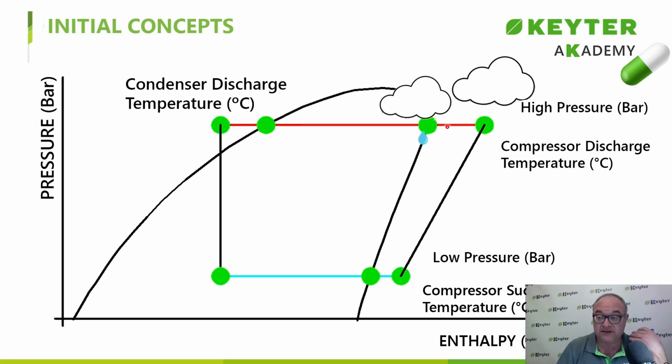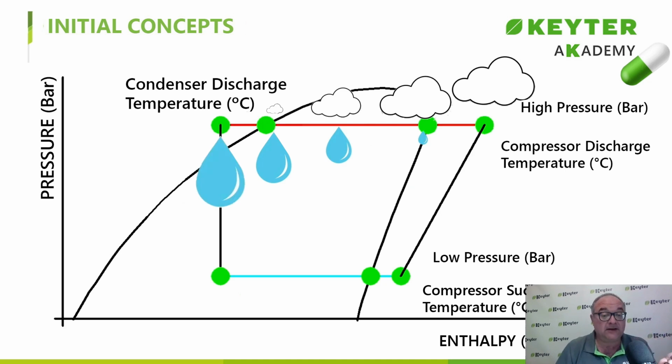In our current process, we are actively working on cooling it down, and at that precise moment, we will observe the initial formation of a droplet of condensed refrigerant gas as we continue to lower the enthalpy. Due to the phase change, the temperature remains constant as the gas undergoes a transformation into a liquid state, resulting in a loss of enthalpy. As we make further progress, a greater amount of liquid refrigerant becomes visible, while the quantity of gaseous refrigerant gradually decreases until nearly all of it has transformed into a liquid state, making it fully prepared to pass through the